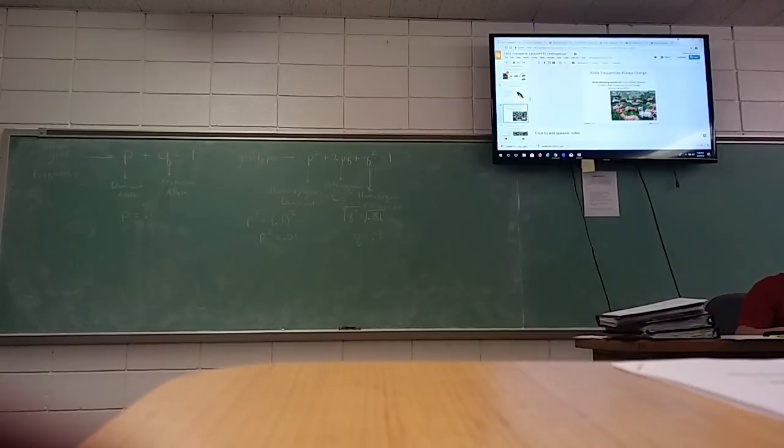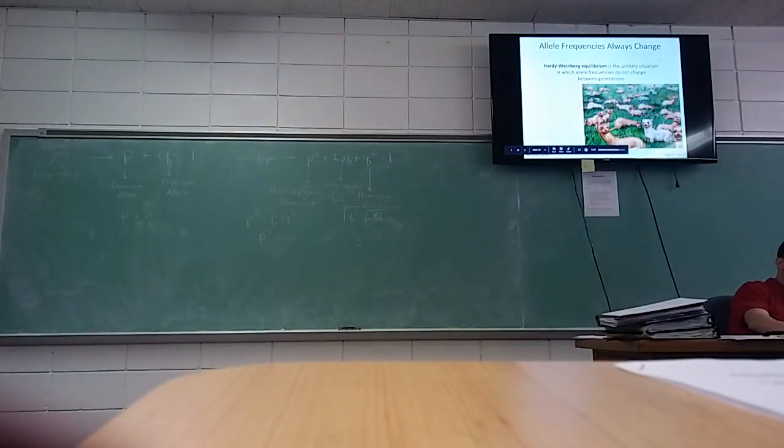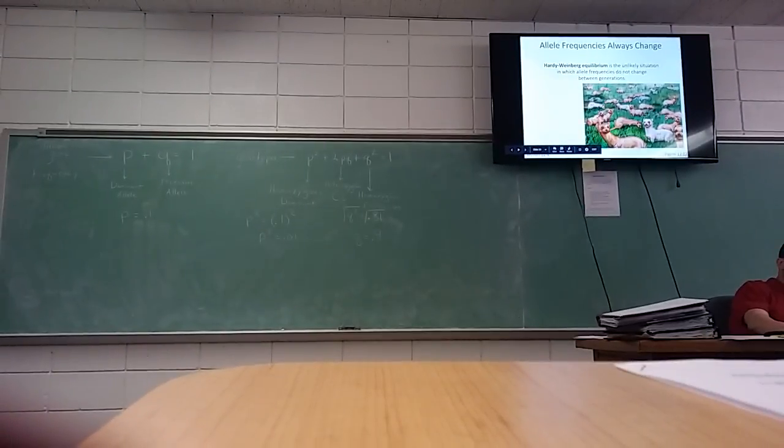So we'll bring this up. This is some kind of little population of ferret-looking things. And I think it's looking at maybe fur color. So dominant is brown fur, and the recessive is the lighter fur color. And so you have some heterozygotes, and you have some homozygous recessive, and you have some homozygous dominant.